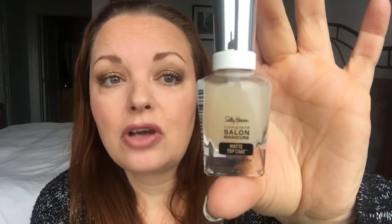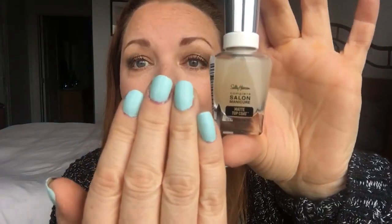This one is really good. If you see, I got this at Winners here in Halifax. It was $4.99 Canadian, which in American I would say would be like $2.99 probably. It's Sally Hansen's Complete Salon Manicure in the matte top coat. It's beautiful. I love it. And it takes like really bright colors too, and it mattes it down, and it doesn't do anything to my